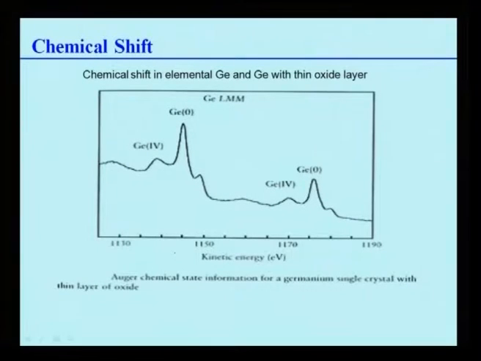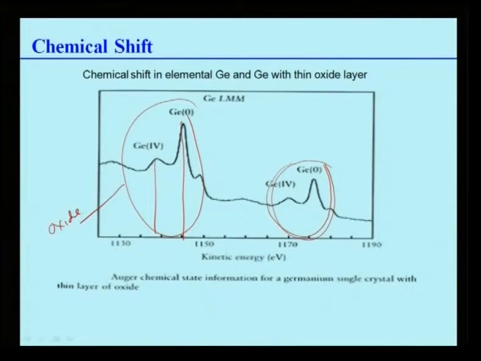To give you a much better perspective, let us now talk about elemental germanium, and germanium with an oxide layer, same as silicon, but here the elemental germanium is a germanium single crystal. So you have the germanium 0 peak and germanium 4 peak; you can see these are germanium LMM transitions. On the other hand, if there is oxide, that is how they basically differ. This is from the pure germanium, this is from the oxidized one. So this is oxide, this is pure germanium. So you have an oxide layer, there is a shift from the pure germanium 0 and germanium 4 peaks to the